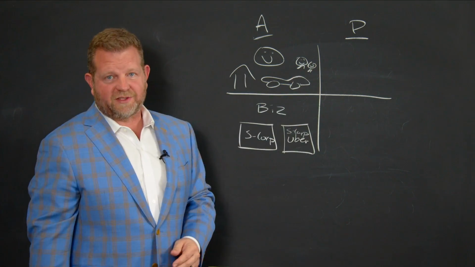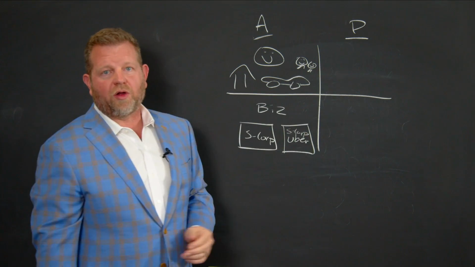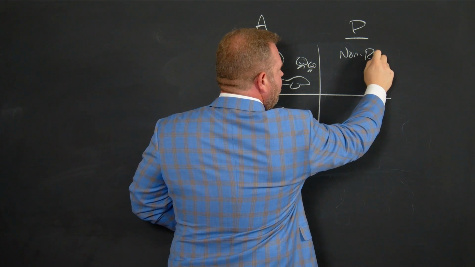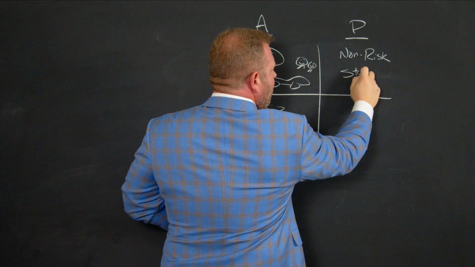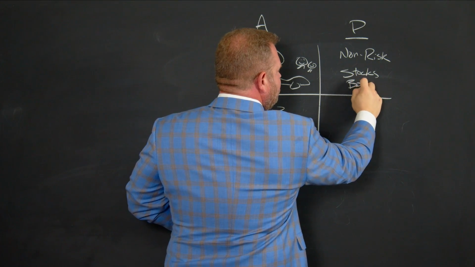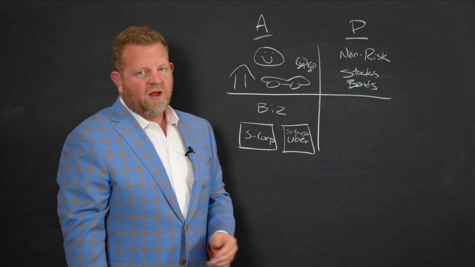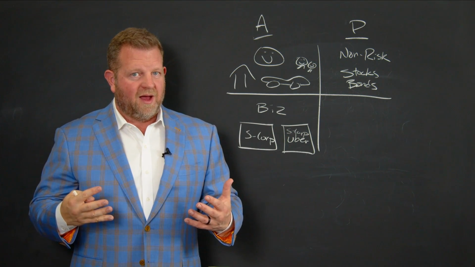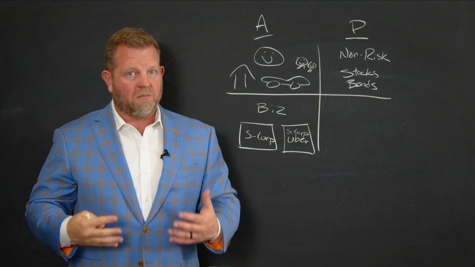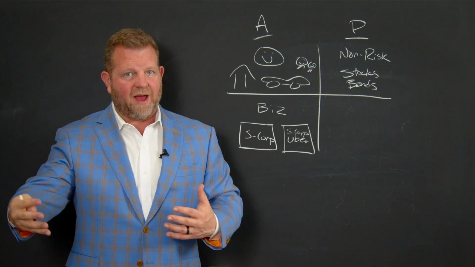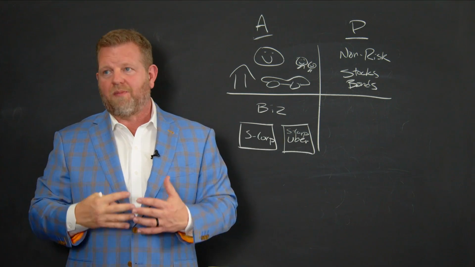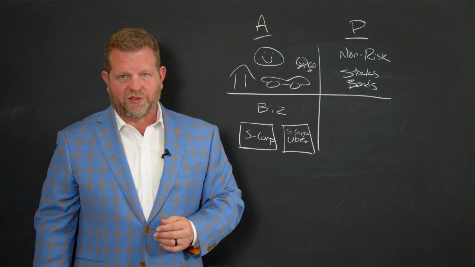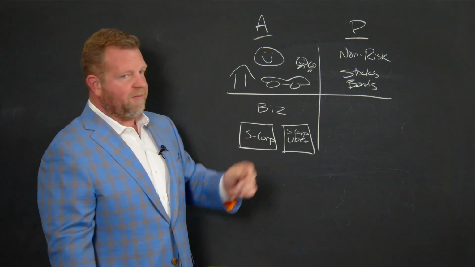Then we go over to the passive side. Up here in this quadrant, we call them our no-risk assets, because they do not create risk for anybody. This is where your stocks, your bonds, and things that don't create risk go. Like if I own Microsoft stock, I'm not going to get sued for owning Microsoft stock. In other words, I am not at risk because of what Microsoft does. Let's say Microsoft gets sued into oblivion. My only risk is that I'm going to lose the asset. The asset doesn't get to come over and take my other assets.